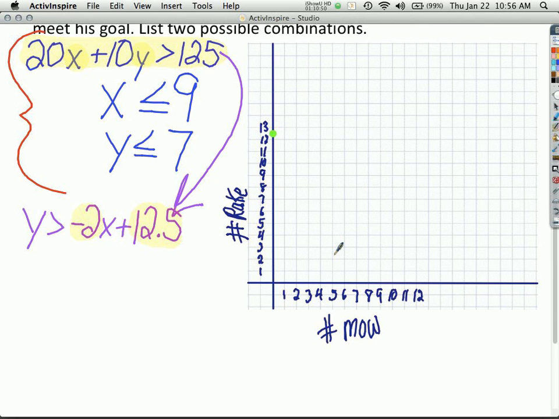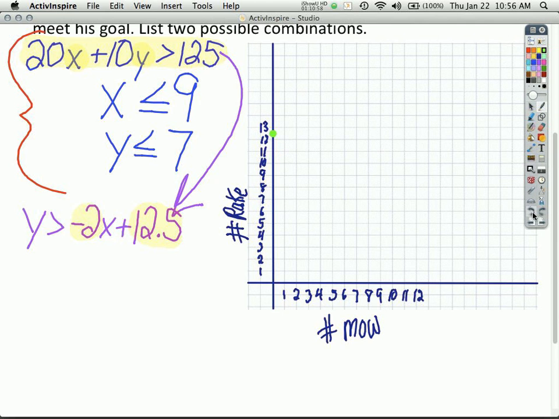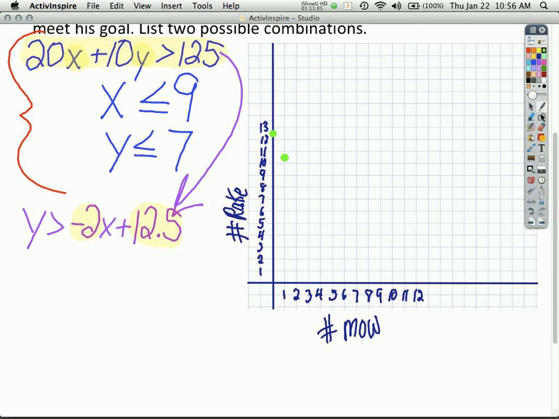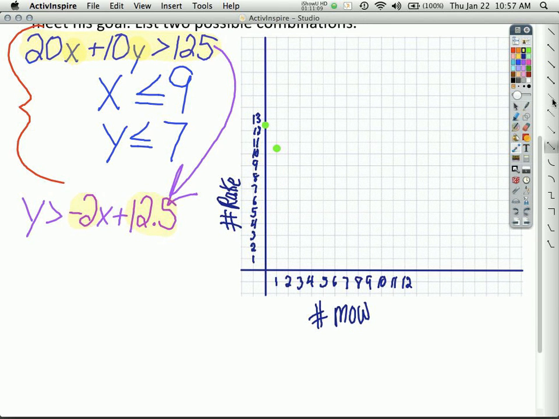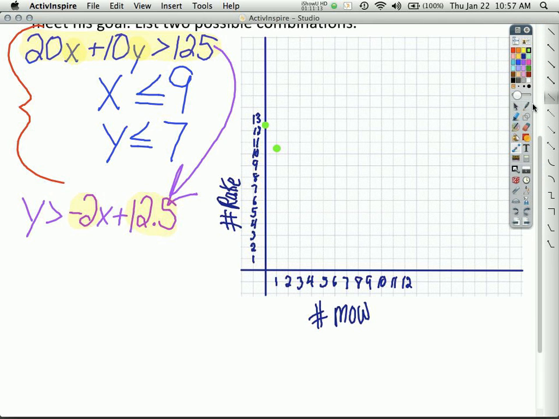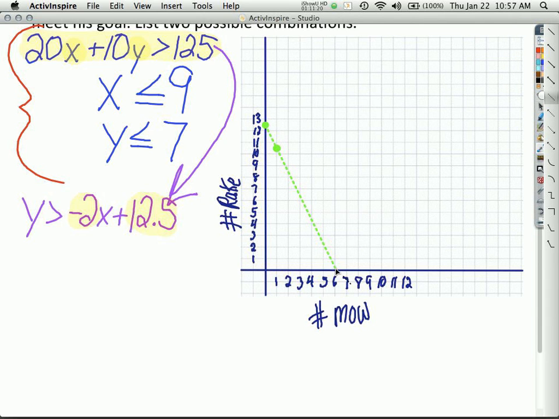And now we go down 2. Make sure you go down 2 from there. So you're going to end up another halfway there. Oops, I'm sorry, and go over 1. Right there. And now draw a nice, clear line, paying attention to what type of line it needs to be. And in this case, you don't need arrows because it's not going on and on forever.